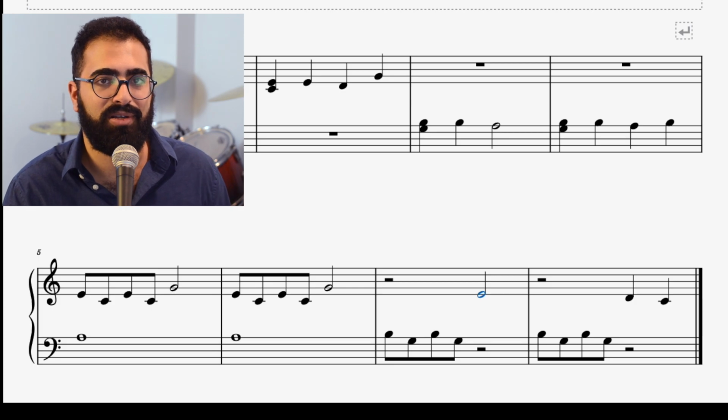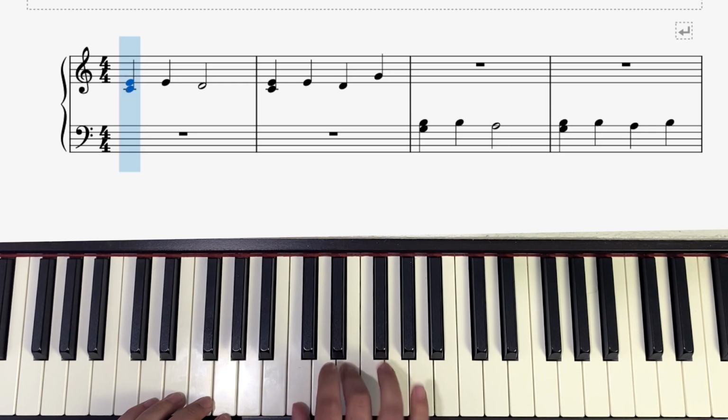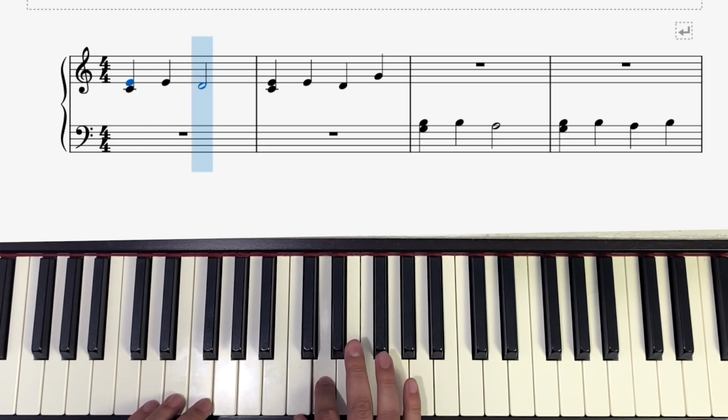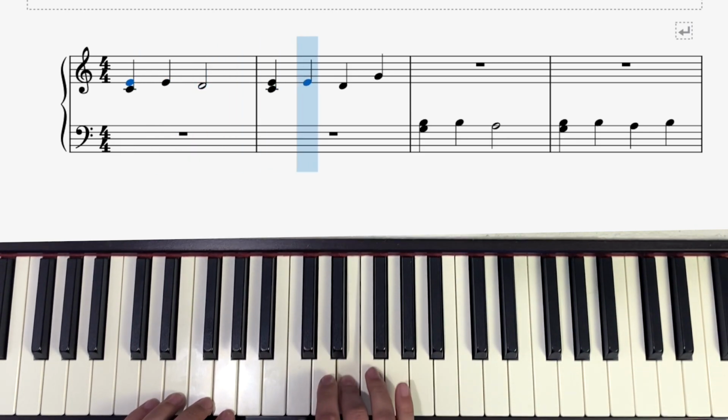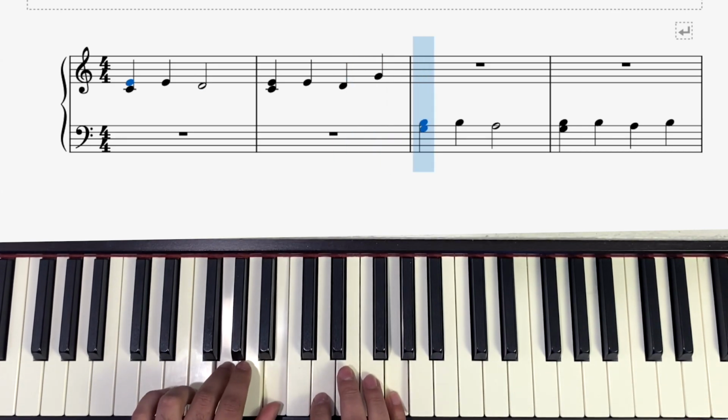I'm going to play from the beginning of the song. I'm going to count out loud so that you can hear how this sounds. Ready? 1 and 2 and 3 and 4 and 1 and 2 and 3 and 4 and 1 and 2 and